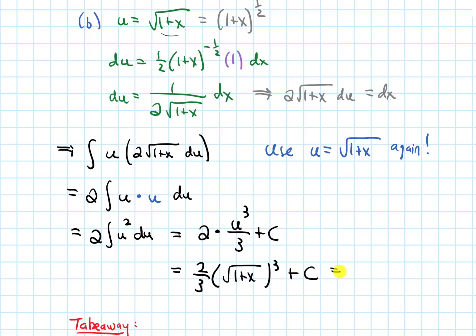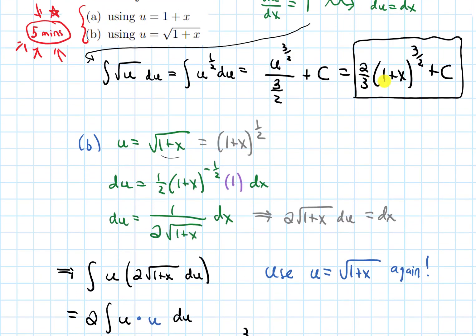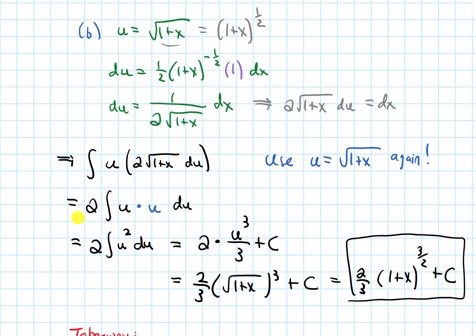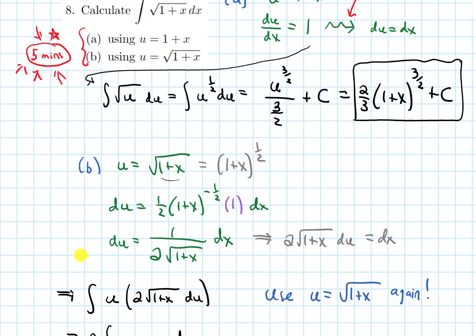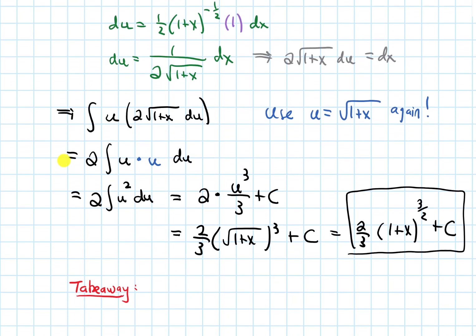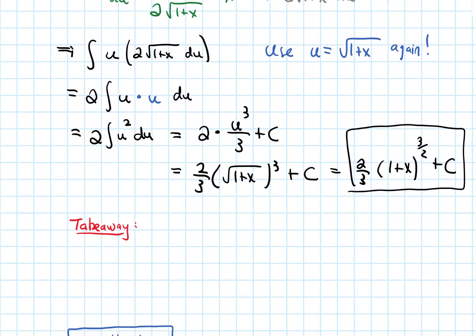And I could rewrite this so it matches the answer that I had before. This becomes 2/3. And this square root being raised to the third power, well, that's just 1 plus x to the 3/2 power plus c. And that's our answer. So notice in this problem that there were 2 u-subs that worked, that led me to a correct answer. So before I do another example, I want to talk about a key takeaway from this,